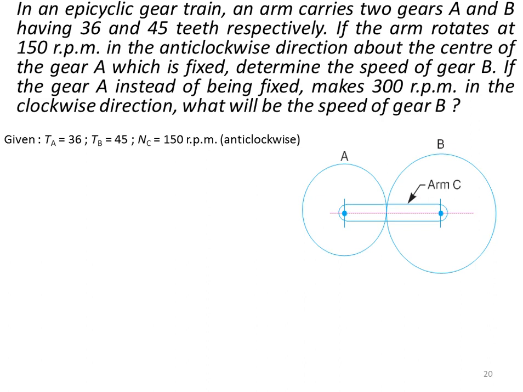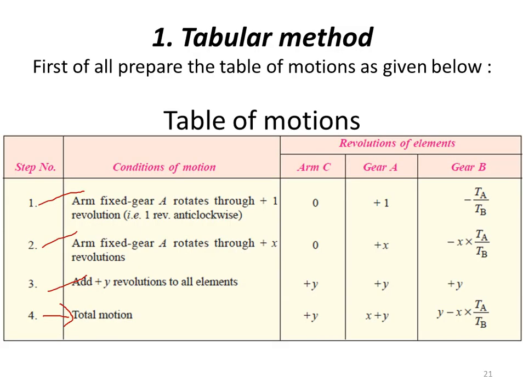You just have to neglect everything. After giving the initial condition of the question, you just forget what is to be done or what is to be calculated, everything. So you go by the procedure. First step is that you have to make one arm, that is first one, as fixed. So you make the arm fixed. If you make an arm fixed, it means the revolution of the given elements is completely 0. So arm is fixed means it is 0.